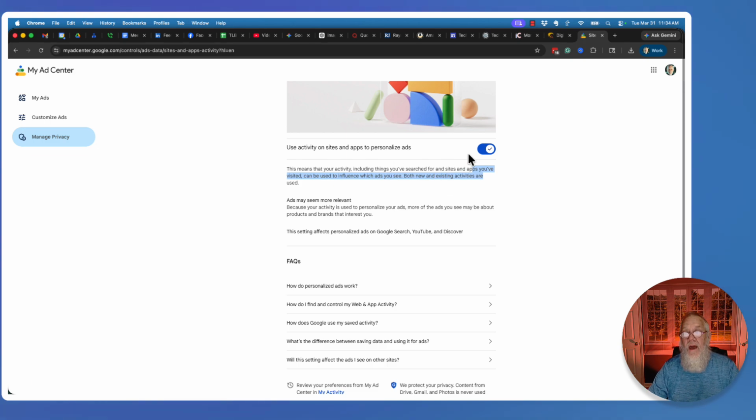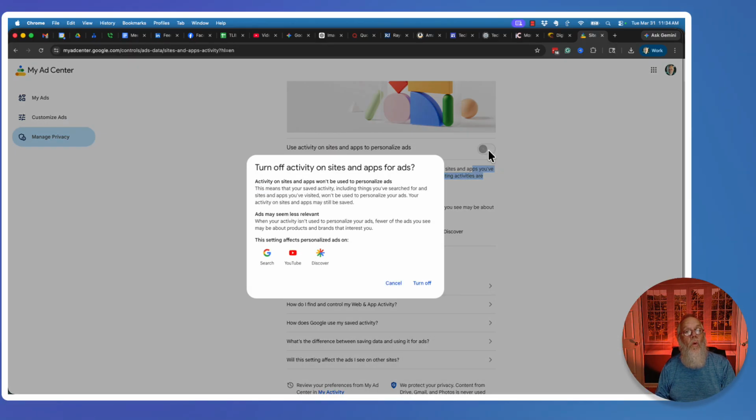Now, if I don't want that on, if I'm using Tinder or Bumble or some other obscure app, maybe I don't want that on. Turn off activities on sites and apps. So I'm going to turn this off. By the way, it's putting that in front of me very bluntly. To me, what that's saying is they really want that on. I'm going to turn it off